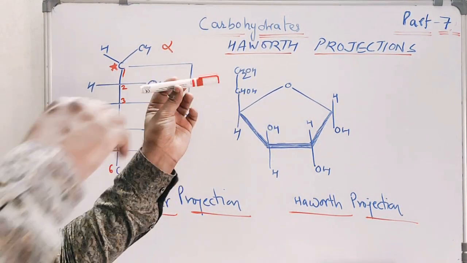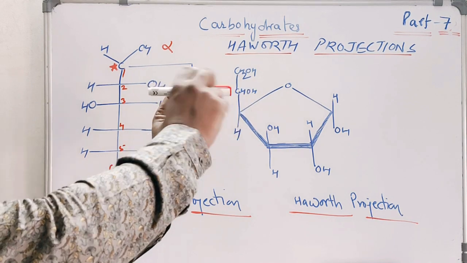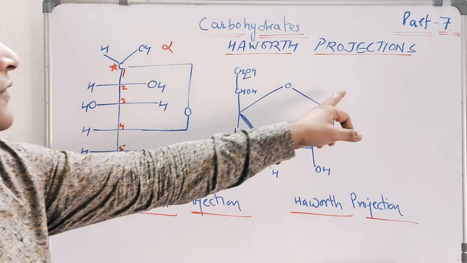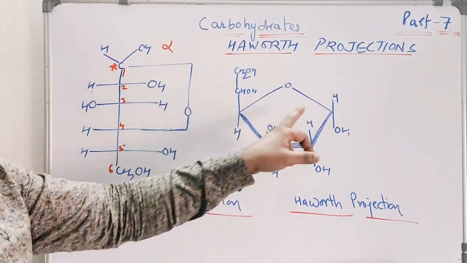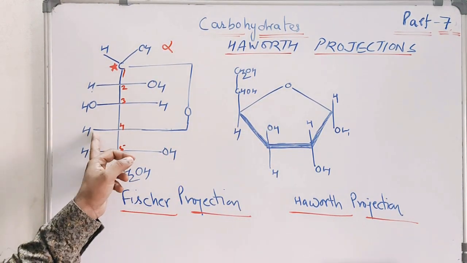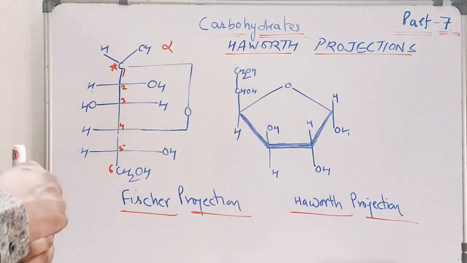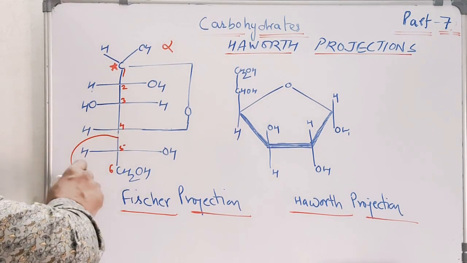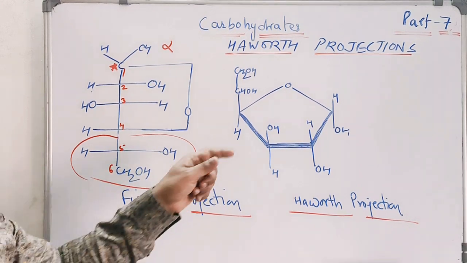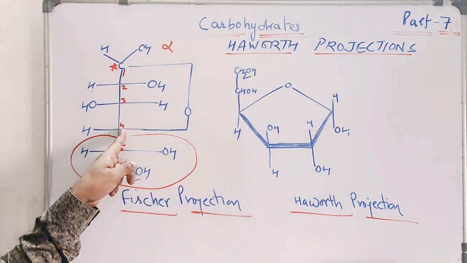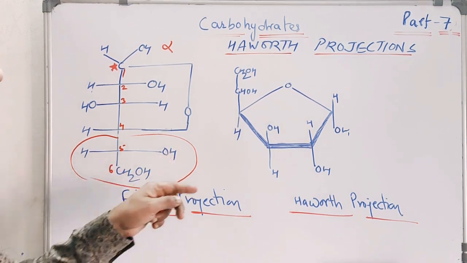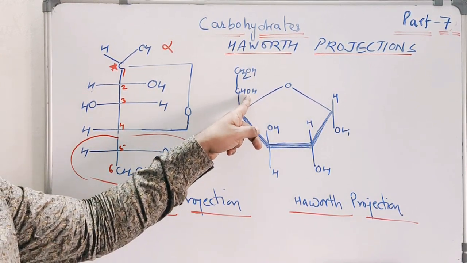So HOH, you can remember this in this way. This is HOH. So in case of Haworth projection, you will write this in this way. HOH, HOH, HOH, HOH, OH, OH, H, and through this H, this whole part is attached. So this carbon is attached to two parts. First is the proton and second is the whole group part. So the proton is here and the rest of the part is on the upper side.